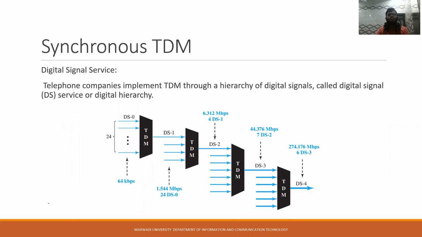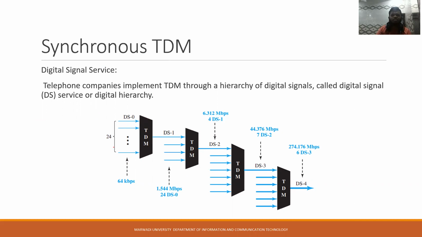Next, we have digital signal service. The telephone companies usually implement TDM through a hierarchy of digital signals called digital signal service or digital hierarchy. As we can see in this figure, we have TDM here, then TDM here. So first we are having